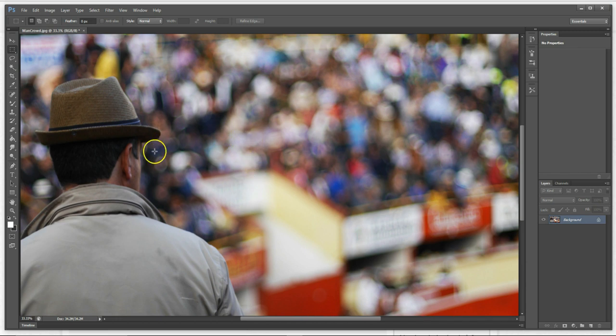So here I have an image that is already loaded, but it's not optimized at all. It's a giant image, but I just want to say that it's really easy to optimize images in Photoshop before you even upload them to your media library in WordPress. All you have to do is